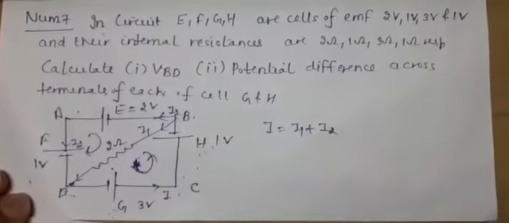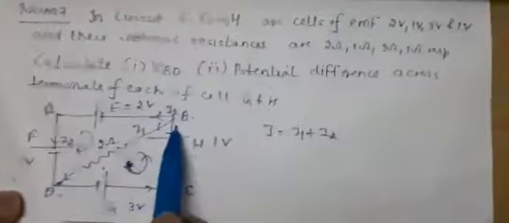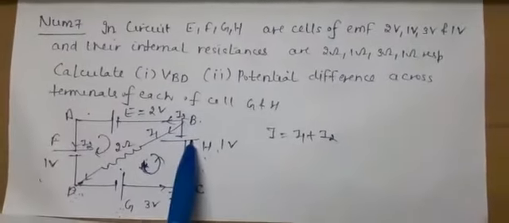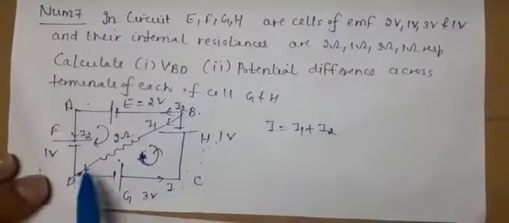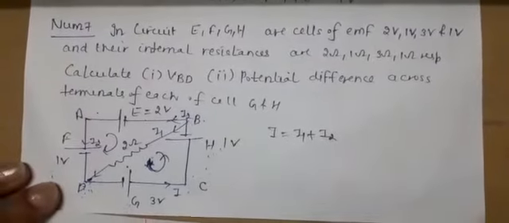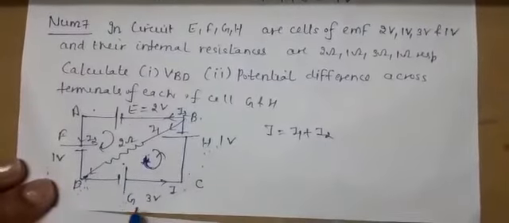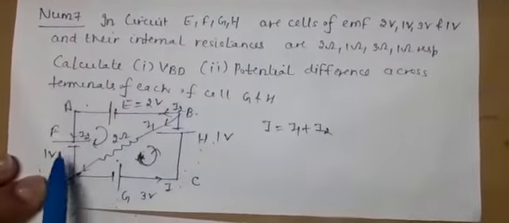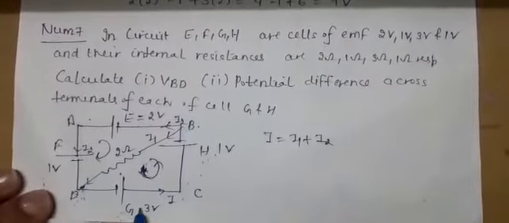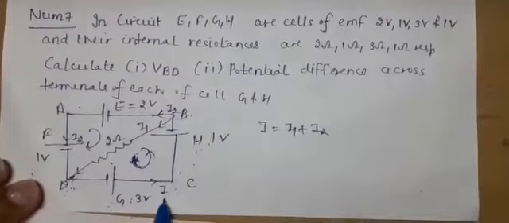See here, basically in the first point, as you have to obtain the potential drop across B and D, you have to find the current across this branch, so you can easily calculate the potential drop. Now I have specified the direction of the current and the loop here. You can see the 2 volt, 1 volt, 3 and 1. This is the larger value, so I will take it as the main source. So current I is flowing through it.